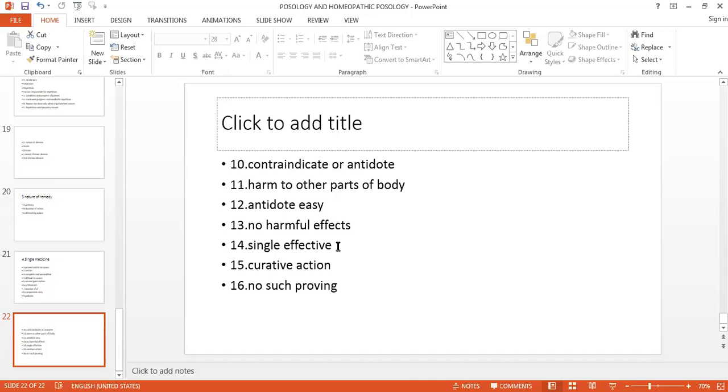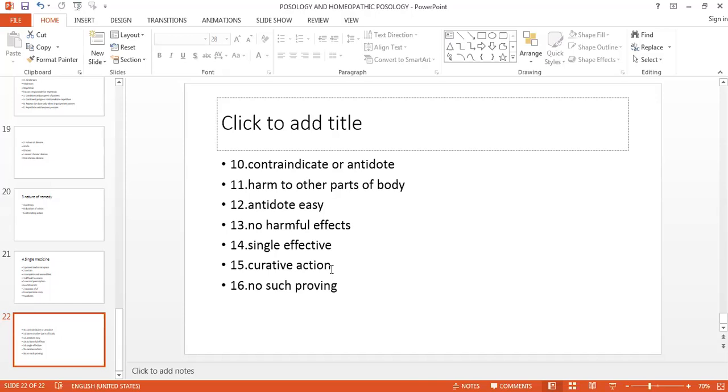But it is not possible while several medicines are administered at a time, because the mixture of medicines has not been proved on healthy human beings, which we have seen in the first point, and the symptoms they can produce in the same system are quite unknown to us, and hence single is more effective. Then the scientific data on the drug action, or the estimation of curative drug action, can be determined only when the medicine is administered singly.